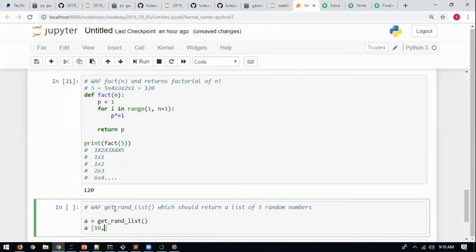Let's say 10, 3, 4, 100, 99, something. 5 random numbers. When I print a, I should see a list with 5 numbers, any 5 numbers, but generated from your code. And each time I call this function, the list should change. Now got it or not?